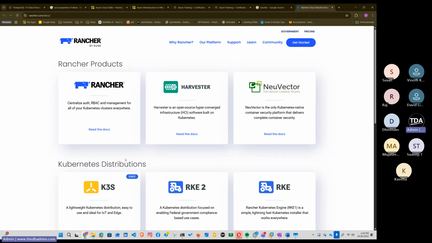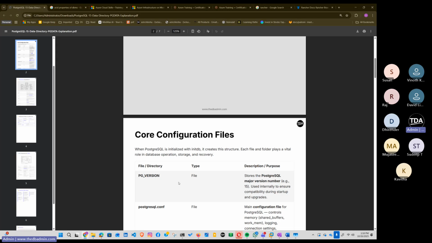This document I will send you via WhatsApp. You can get it. Another thing, I want to have a small discussion, like how many of you have not paid